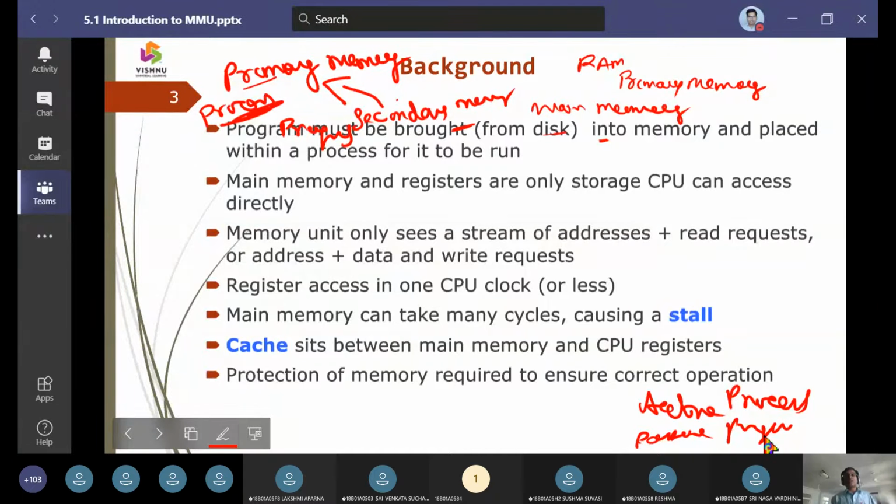Now, as far as memory management is concerned, there is one more intermediate memory between the primary memory and the secondary memory, and it has high speed access. That high speed memory we will call cache memory.